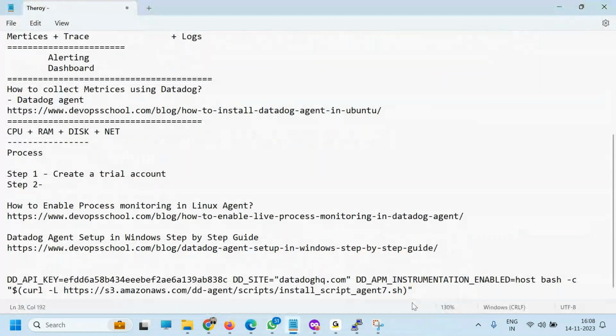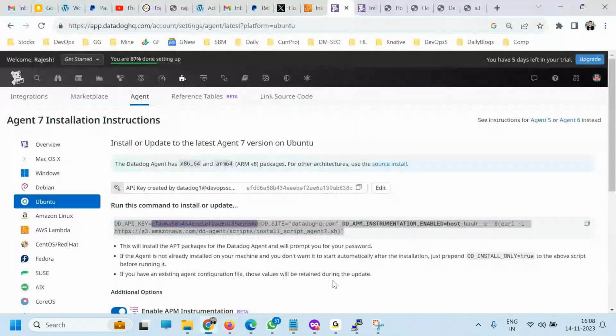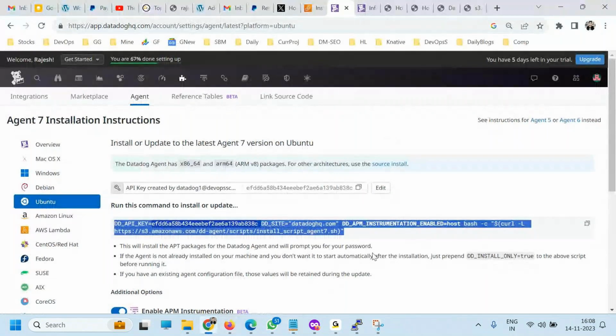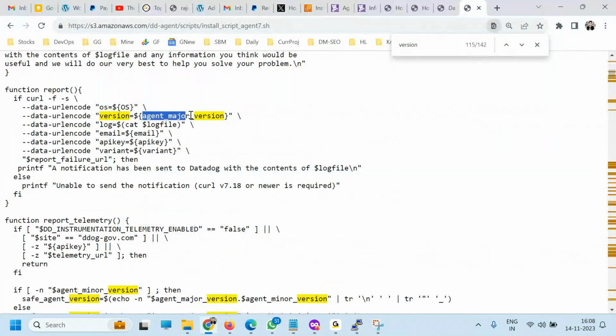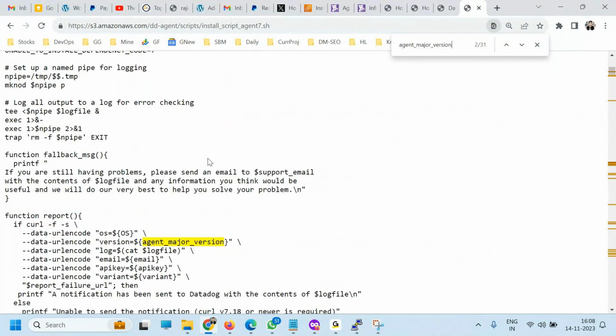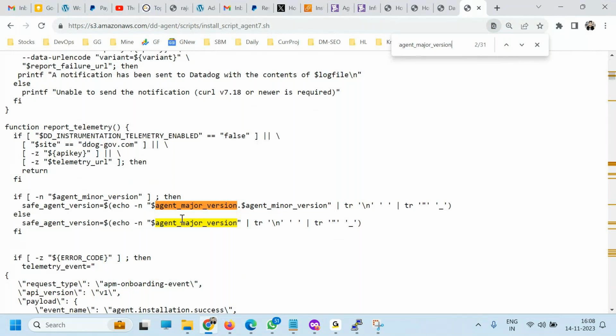So here, this is the instrumentation host bash, and this is 7. What major version is it taking? Let me check this agent major version, which is called here and here.